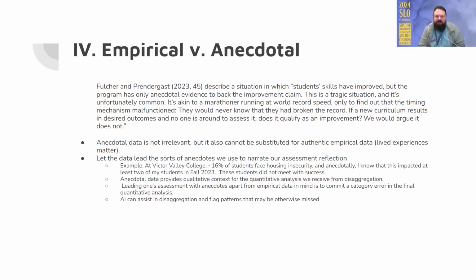In fact, in the opening keynote speech, we saw that there is a place for the narrative of lived experiences, of our own observations of students in the classroom, but detached from empirical data, that can be very dangerous, because what we have found, in doing my own assessments, and I'm sure many of you might relate, is that if you don't have access to data, you start speculating and you start calling to mind things that stood out to you as a professor. That introduces bias.